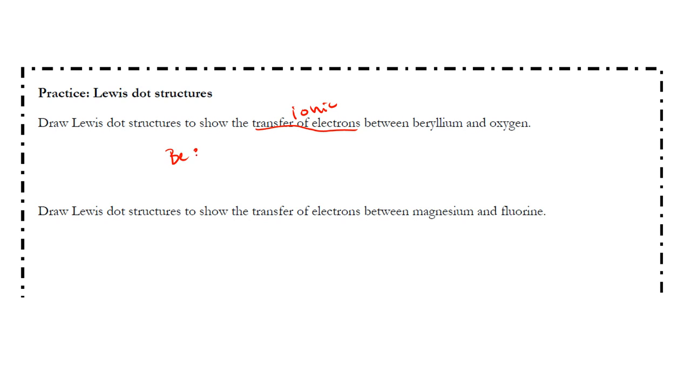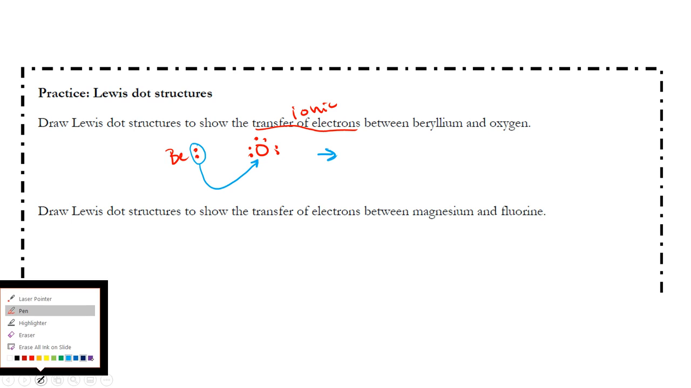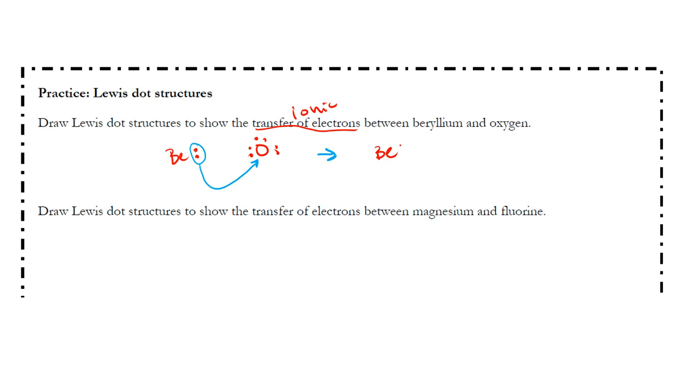Beryllium has 2 valence electrons. Oxygen has 6 valence electrons. And what's going to happen is these 2 valence electrons on the metal beryllium are going to be transferred to oxygen. That's going to result in a lovely beryllium cation that has a positive 2 charge and a lovely oxide anion with those 2 extra electrons has a charge of -2, and then these guys are going to stick together